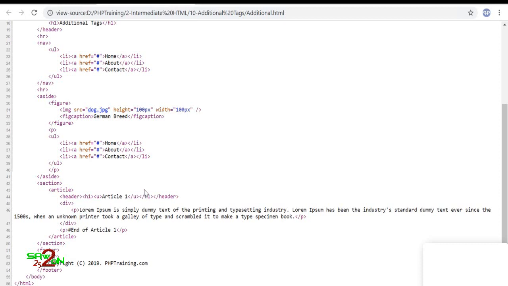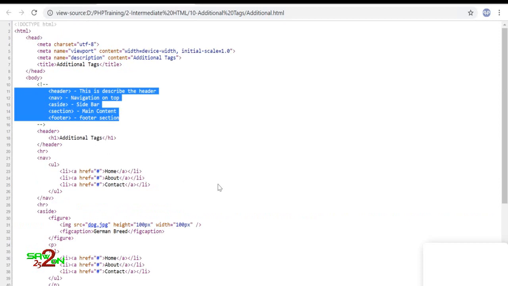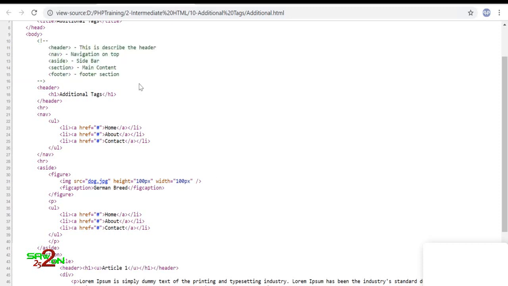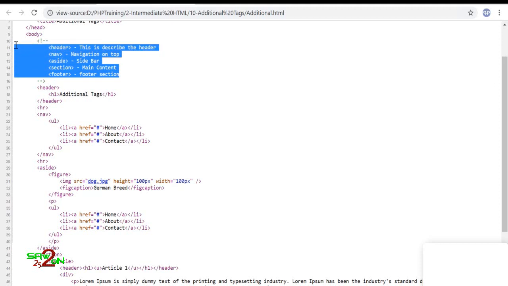If you have such kind of structures in your HTML page, it is easy for future reusability and also extendability. So these are the 5 elements I want to show you as a part of additional tags. And make sure when you write an HTML page, it is readable and extendable, and basically easy to understand, right? When you want to make a change, it should be really easy for you to make a change. All right, so these are the 5 tags of the HTML, and I'll see you in the next one.